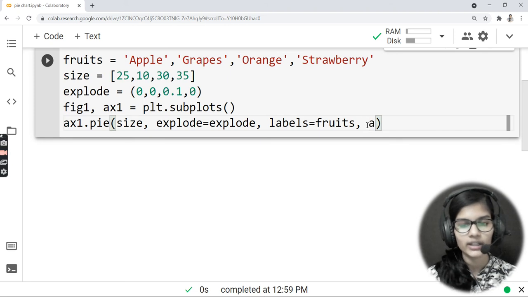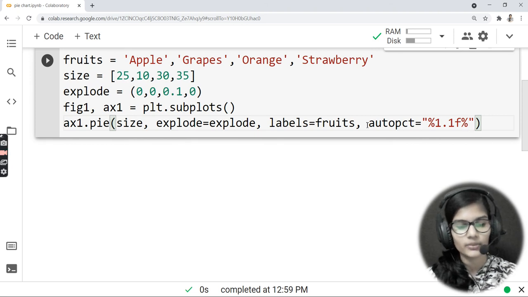Now we'll have another parameter that is autopct. That basically helps us to write the percentage of the things inside the pie chart. So autopct, I will put inverted commas here. Put a percent sign, percent 1.1, and here goes the f, and again I'll be putting a percent sign here, not one, I'll be putting double percent signs.